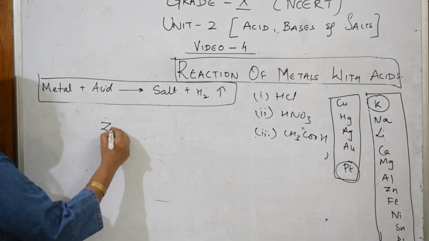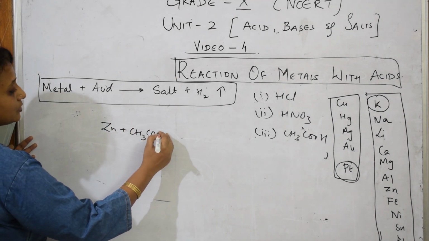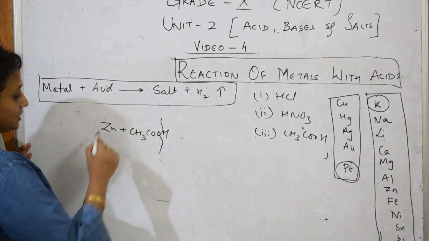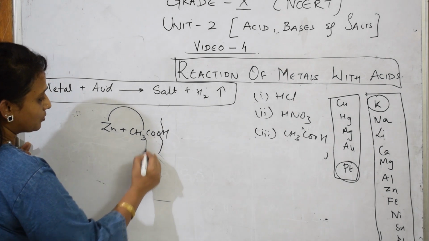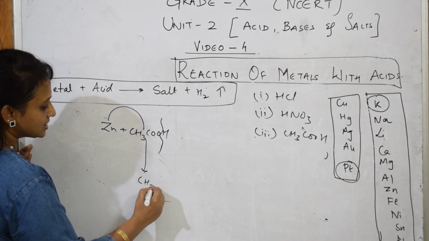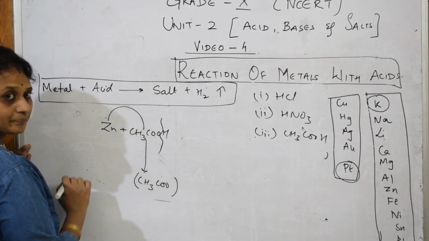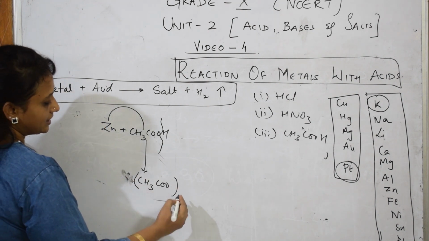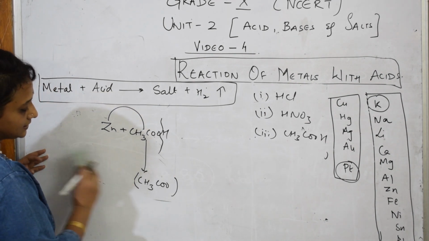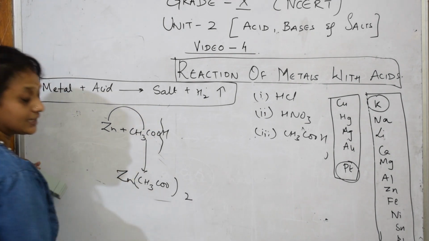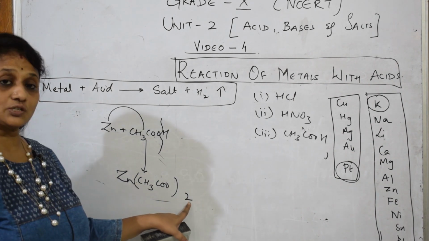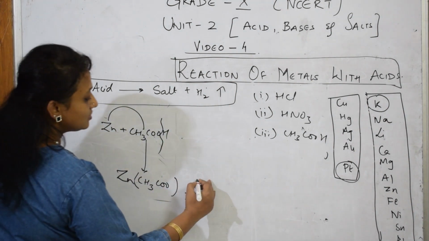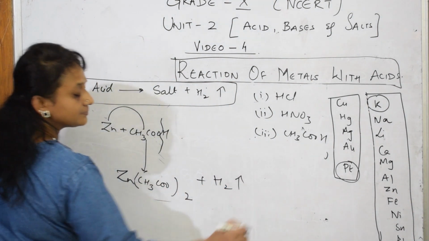Yes. Now again same thing. Zinc plus CH3COOH, acetic acid. Again, this is going to break here. Zinc will combine with this. What product do we get? Write this CH3COO, put a bracket. Now the zinc element. So zinc acetate, (CH3COO)2Zn, taken twice. The valency of zinc is 2, acetate is -1. Okay, done. So what is released now? Hydrogen gas is released. Simple.